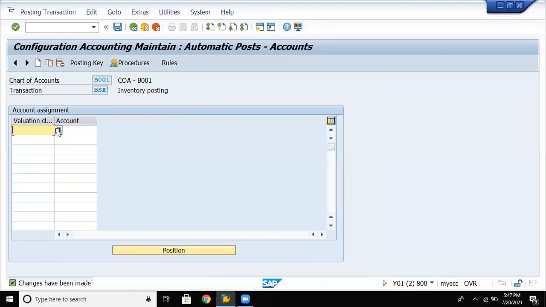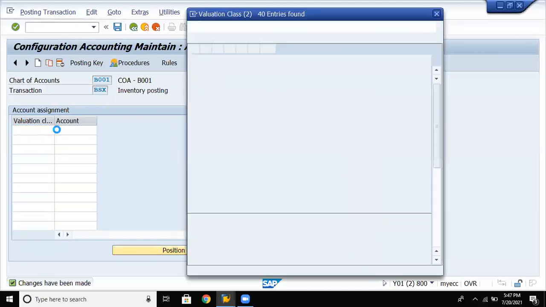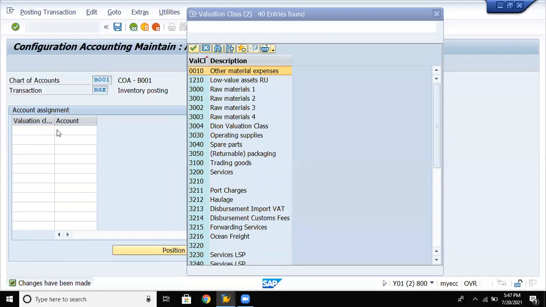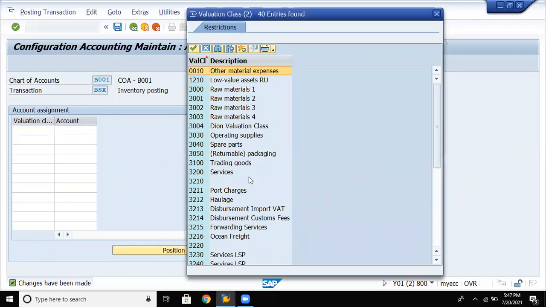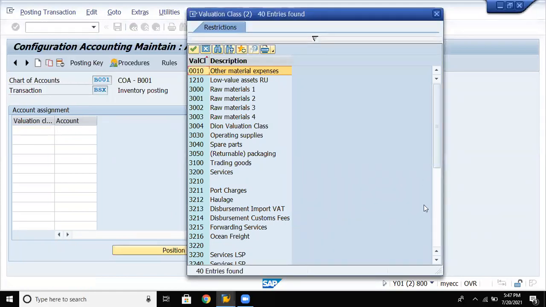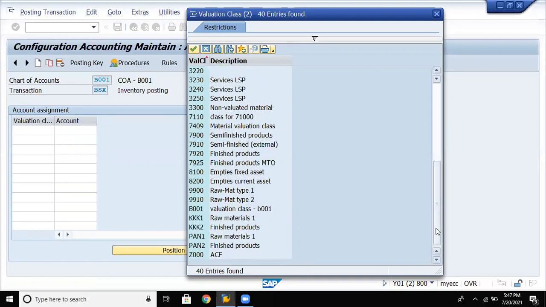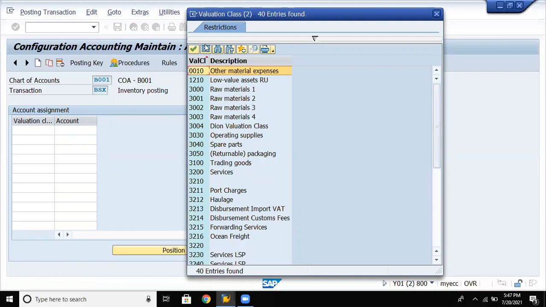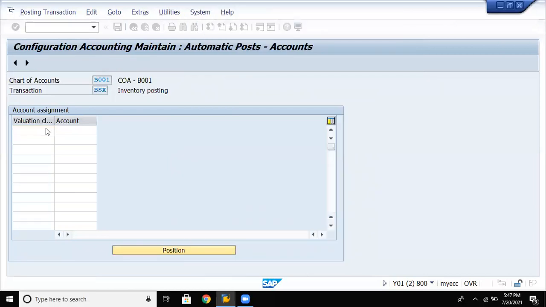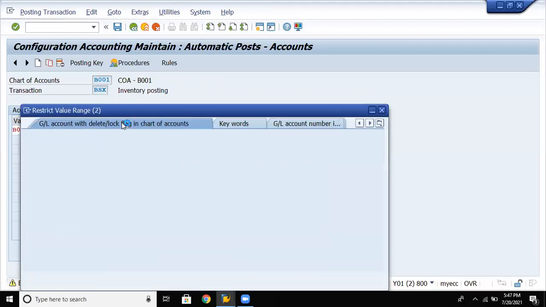For valuation class, hit F4 and select your valuation class. For account, hit F4 and select the account.